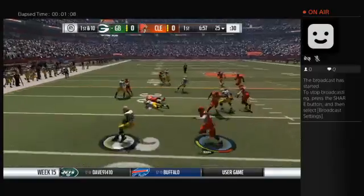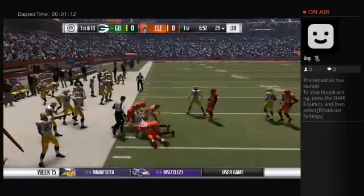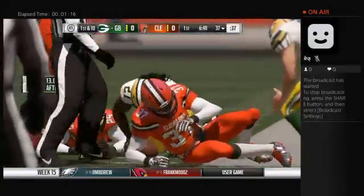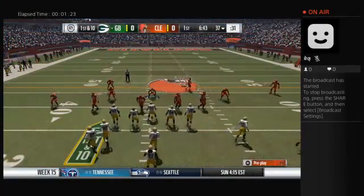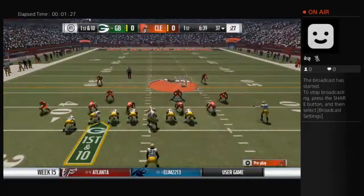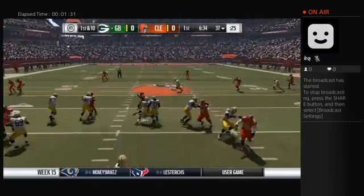The first carry now. This is Lacy. They find some open field here, and they're able to get this one across the 35. 12 yards there as they move the chains. And a good little broken tackle run there for the former second-round pick, Eddie Lacy. He's a big back, and he runs with some power and definitely with some physicality. And enough of those types of runs, as they accumulate, they turn into bigger runs later because after a while...